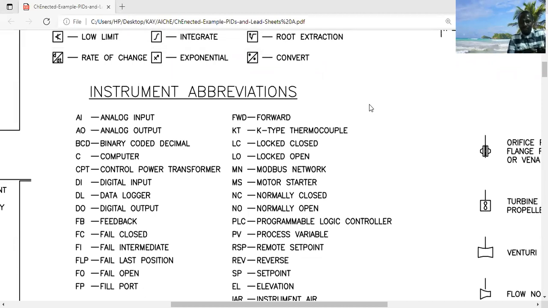We have normally closed and normally open, that is NC and NO, and some valves, as I said, are still the same thing as lock open and lock close. Then we have